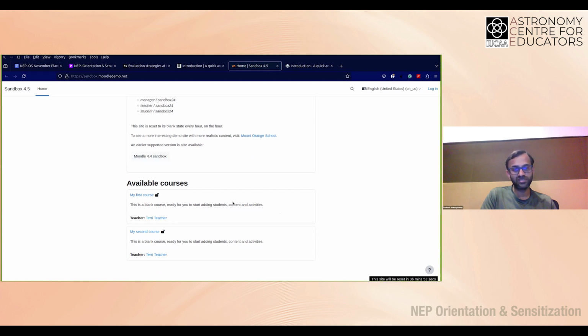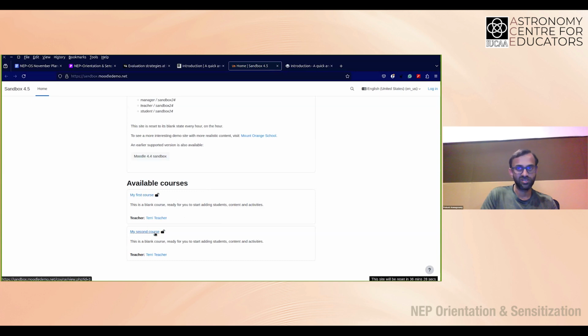as anybody with administrative privileges for this application will be able to in a real application, except because it resets, other people can try it out too. Actually, everybody is modifying this page in parallel, or using this application in parallel. So you see two trial courses that are given, sample courses. It just says my first course and my second course.